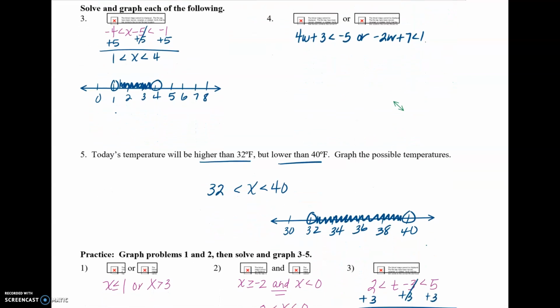And then it looks like you had number 4 to do also. We've got to get w by itself by subtracting 3. We get 4w is less than -8. Divide by 4, so w is less than -2. Or,